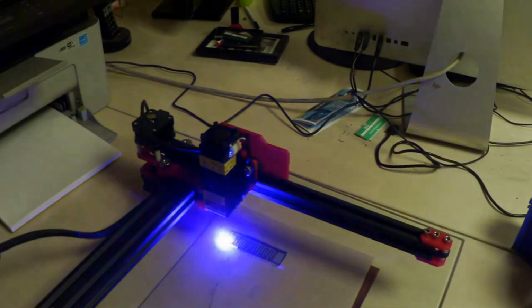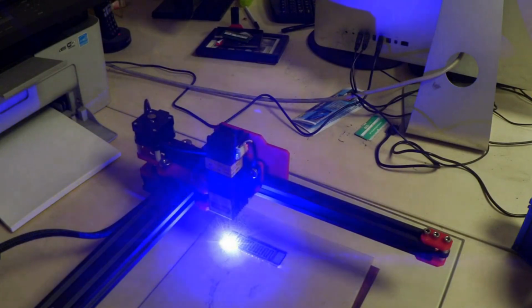Now if you look back on the channel, you'll find that we've done an awful lot on graphene. Mechanical methods, chemical methods, electrical methods. We've also done videos on using lasers to create graphene. In fact, how the channel started, we started by making supercapacitors, and supercapacitors out of graphene. If you fancy giving graphene a go and you don't really want to take your life into your own hands or spend thousands of pounds doing it, then you could do worse than approaching flash graphene from light flashing graphene using a laser, because remember,